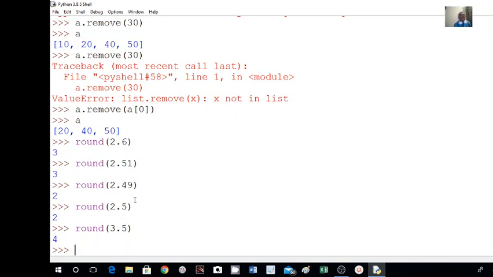So in these two cases we have exactly 5. If the integer is even, it will be kept as it is. If it is odd, 1 is added to it and the decimal part is discarded. See here, if this is even, the decimal part will be discarded without adding, and the integer kept as it is. If this is odd, then it is discarded and 1 is added to the integer. This is about the round command.